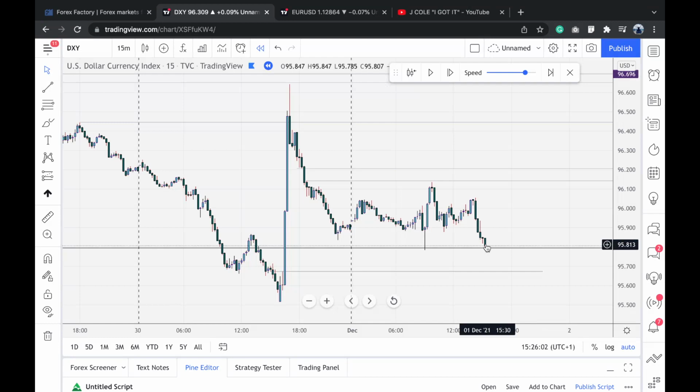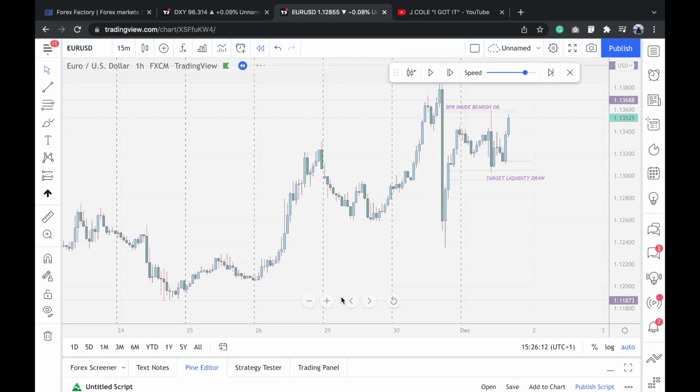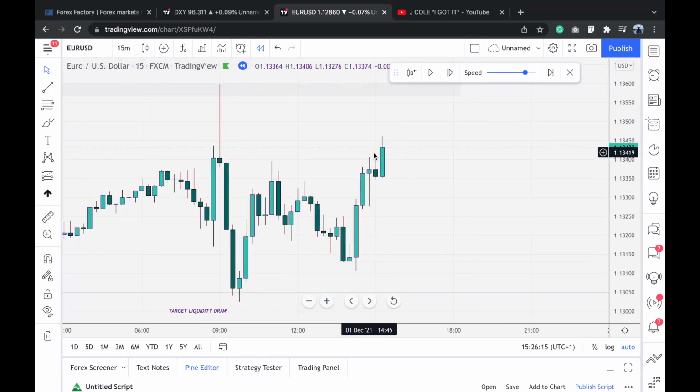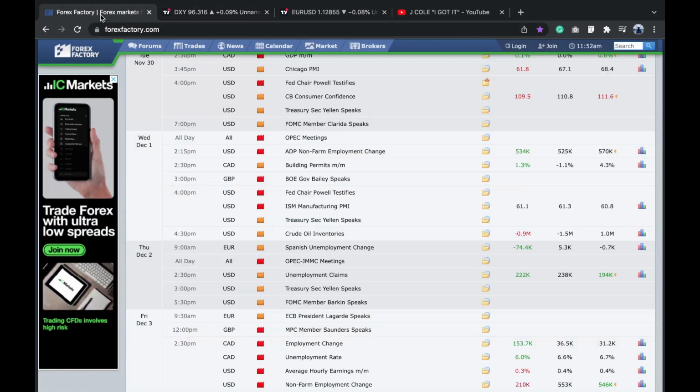So this is 3:15 p.m. This is also set to 3:15 p.m. here. So 3:15 p.m. on your dollar and also 3:15 p.m. on DXY. Now the reason why I set it here and I'm using the replay tool from there is because